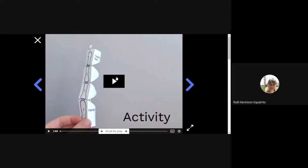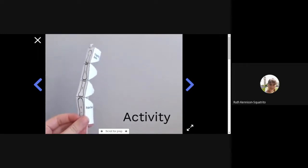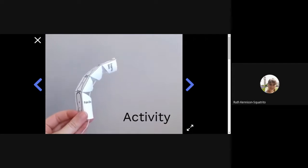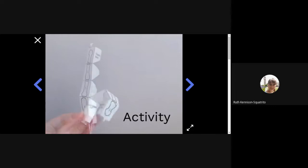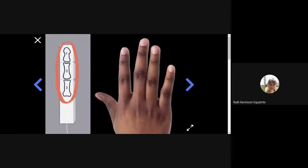Okay, be quiet, please. In today's activity, you're going to make one of these, a robot finger. It's a lot bigger than your real finger, but it works the same way. It's divided into 3 sections at the top, just like in a real finger. The robot finger also has a 4th section at the bottom, which in a real hand...